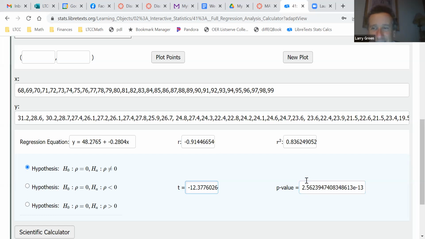If all you look at is this, you'll never get it. Yeah, we have that E -13. That means we need to move that decimal 13 places to the left. You can have 12 zeros before the 2. So that's pretty much as strong evidence for statistical significance as it gets. Is that clear? Because that's as close to 0 as you'll basically see. So that means that we get to reject the null hypothesis. And that means